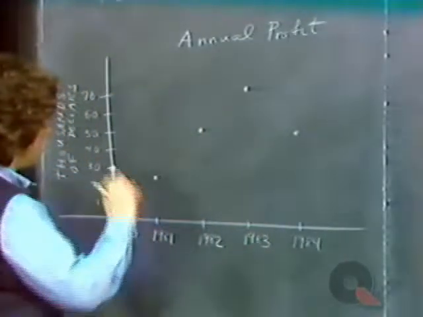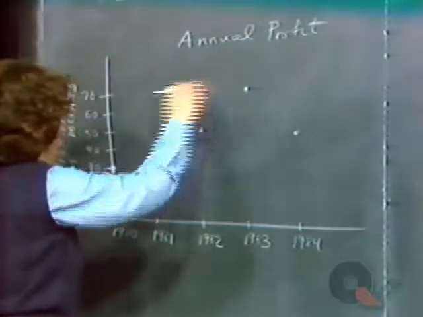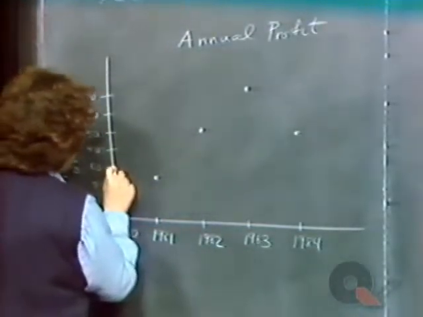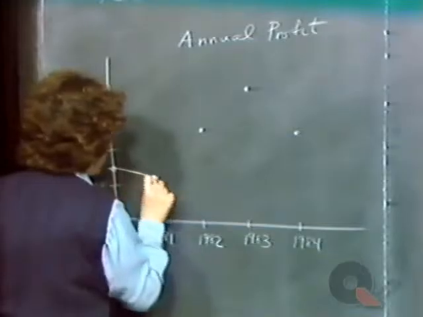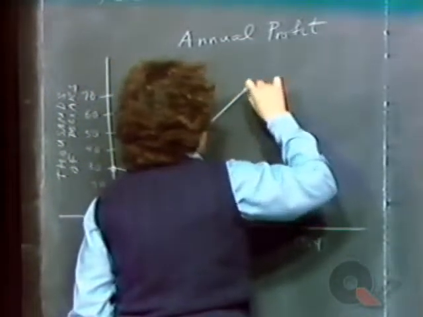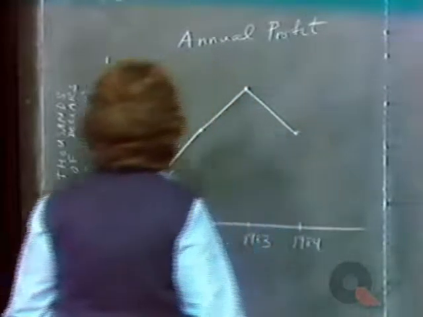Now, of course, you will be presented with it. You won't be told how high these are. You'll have to read across. You'll be presented with this, and it's a line graph. These dots will now be connected by straight line segments. And this is what you will see